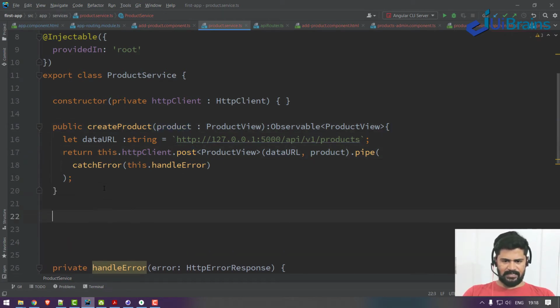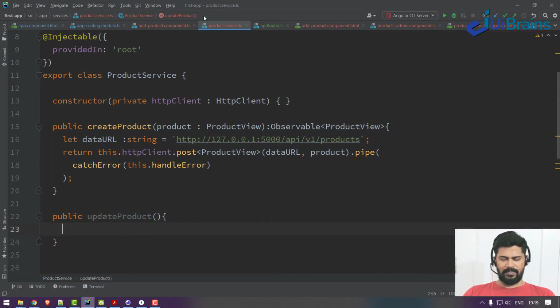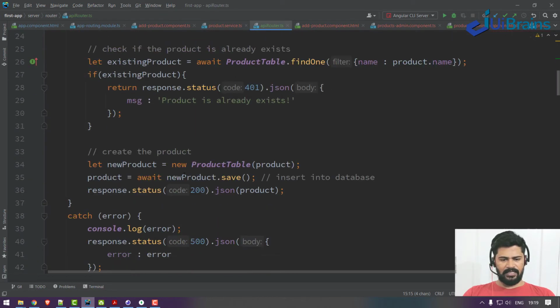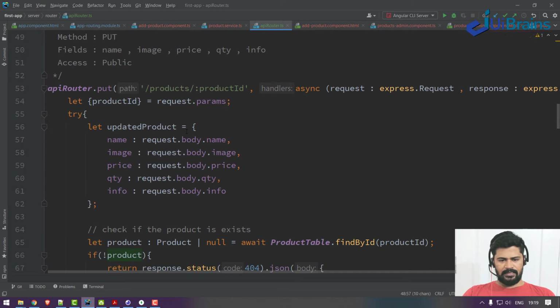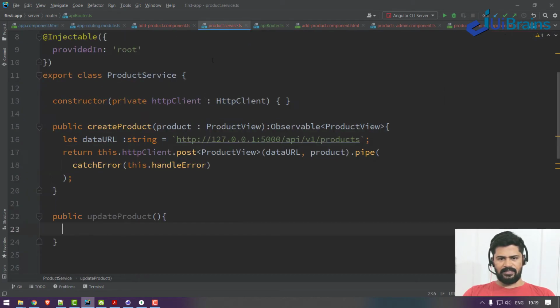Same like that, public updateProduct. So what does update product do? For update product we need the product ID and the complete product object.